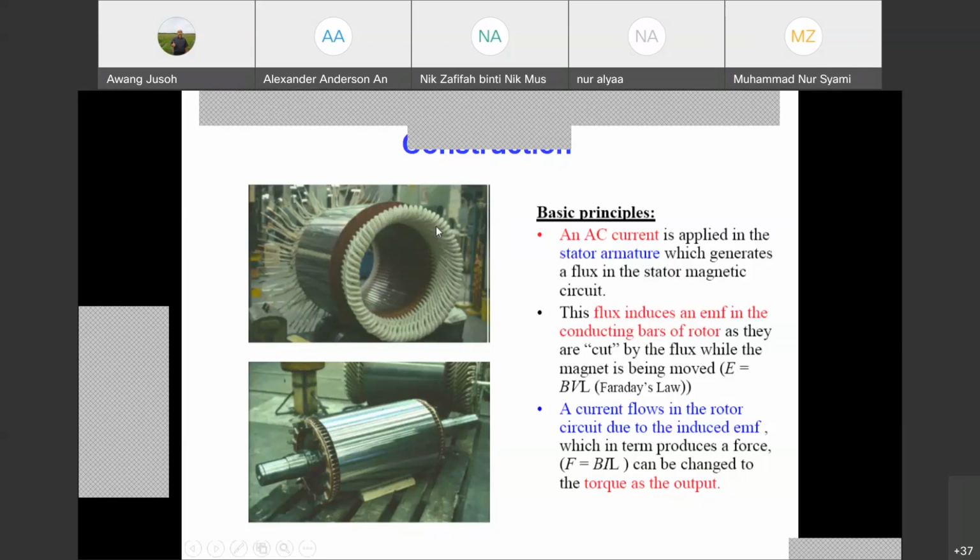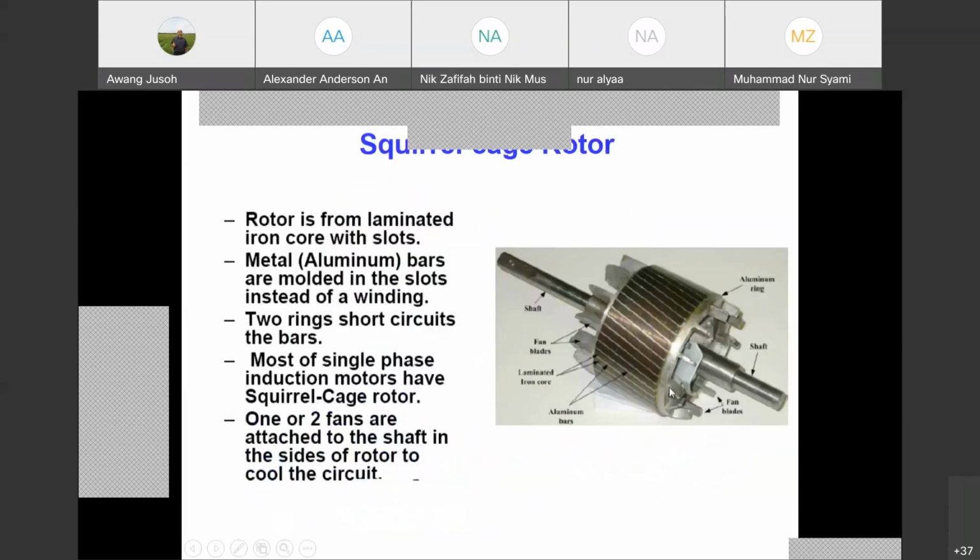So this rotating magnetic field will rotate in between the stator and rotor air gap, and it will cut the rotor conductor. Okay, what happened? The rotor conductor will generate voltage. You know that this is Faraday's law. When the flux cuts the conductor, it produces voltage. And because of the structure of the rotor, you can see this rotor is shorted. The end ring is shorted like that, or here you can see that it's shorted by this aluminum ring. Here and here also shorted. I mean, it creates a closed circuit. Your rotor is a closed circuit, and closed circuit means the current will flow.